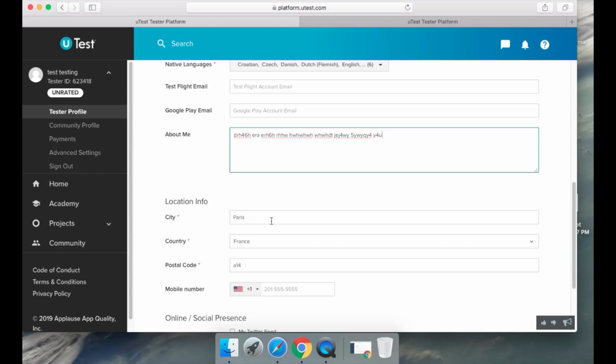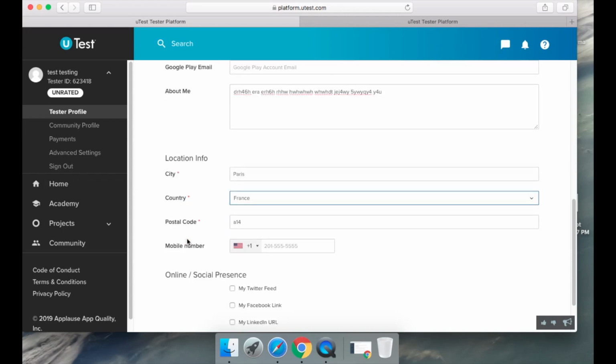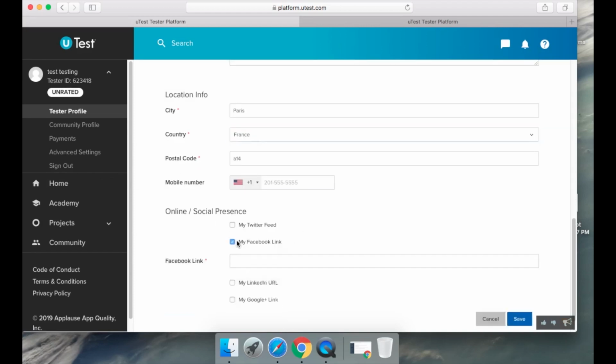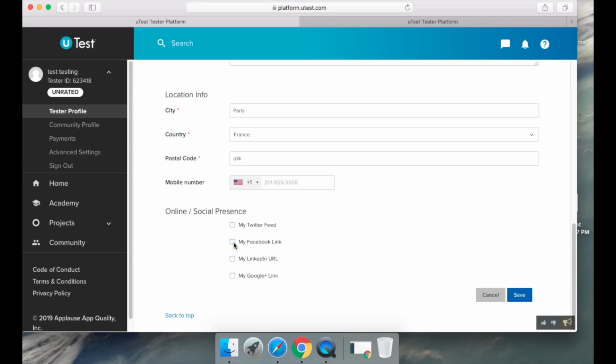Now let's say your location, important. Put in your location. As I said, sometimes they need people that are in specific countries. So we need testers that are in France, or we need testers that are in Norway, testers in Nigeria, testers in Ghana, testers who are in Burkina Faso, anywhere. So it's really important that you have your address there, and as you can see, it's even compulsory, so you cannot escape it. Your details are very, very safe. Online presence, if you want to put in your Facebook URL, you can do that.